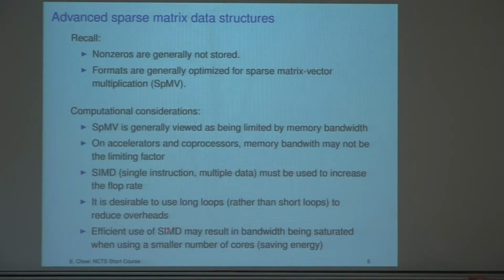If you do use SIMD, the computation can be so efficient that using just a small number of cores on your processor, let's say just 2 if you have 10 cores, you can saturate all of the bandwidth, meaning you can use up all of the bandwidth that is available to your processor, and using more cores will not actually help. So in that case, you can actually save energy. You could turn off the remaining 8 cores and just use 2 cores. So these are some reasons for trying to make the computation more efficient, even though we generally view the computation as being